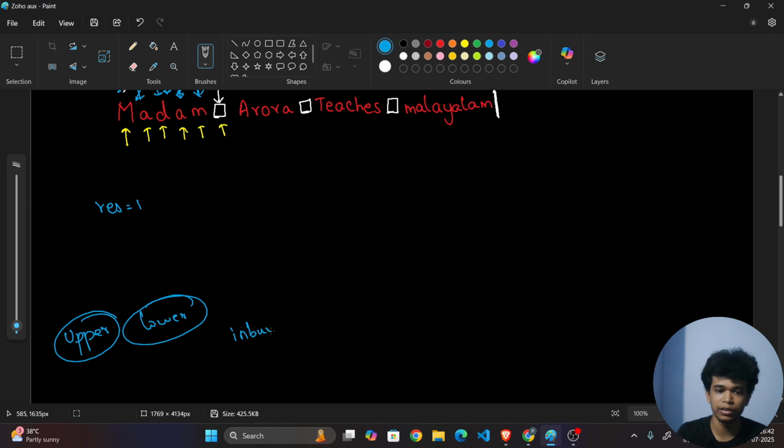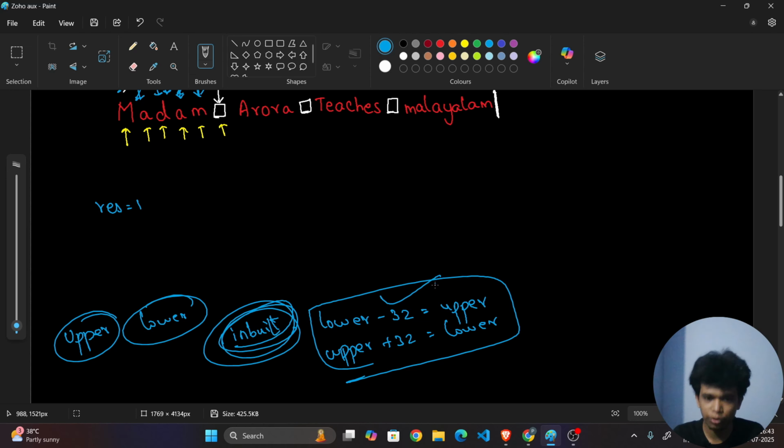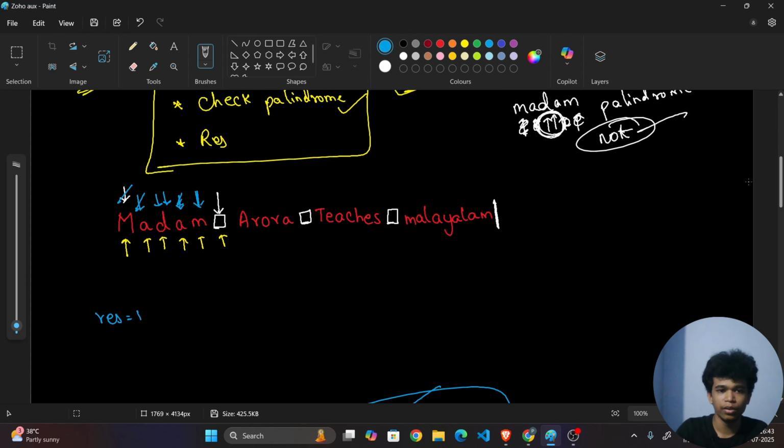By using an inbuilt function. Or else you can also do this without using an inbuilt function, like lowercase minus 32, which is equal to uppercase in ASCII value. Or else you can use uppercase plus 32, which is equal to lowercase, to convert into lowercase. I will be clearly showing you this approach while we are going with the code. Okay, we can use the inbuilt function here, but you also want to know this for your understanding purpose. Fine. Now after finishing this entire thing, I will be shifting my white pointer, that is starting from here,